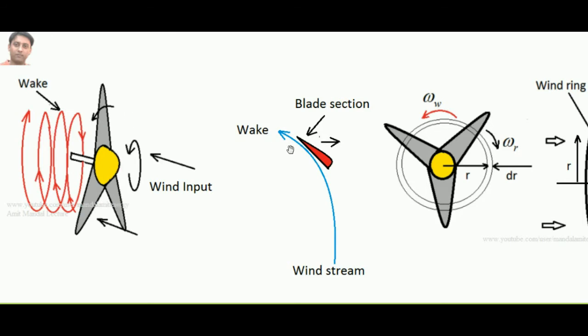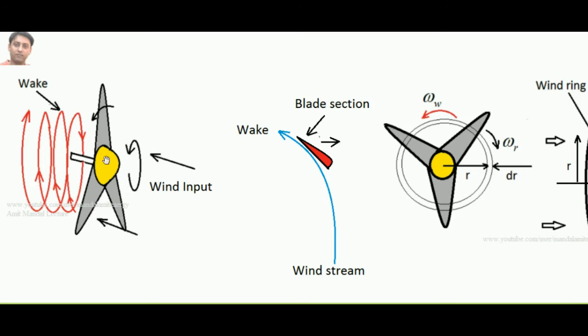It can be understood like this. Suppose I am taking a cut section of the blade, and this is the top view. So the wind is striking, doing its job, and the blade is moving in the tangential direction. Suppose the right hand side is the tangential direction. Ultimately every action has an equal and opposite reaction. So after imparting the momentum, the wind will move in the almost opposite direction, as we can see. This is the reason that after leaving the blade, the wake starts spinning in the opposite direction compared to the direction of spin of the rotor.